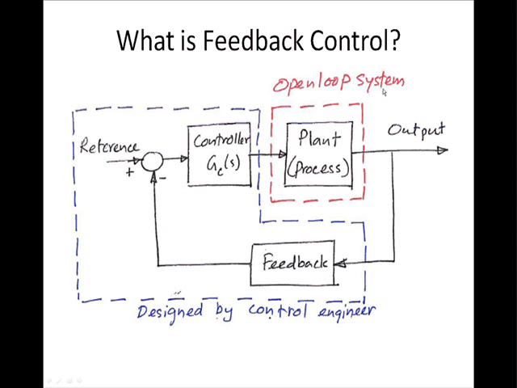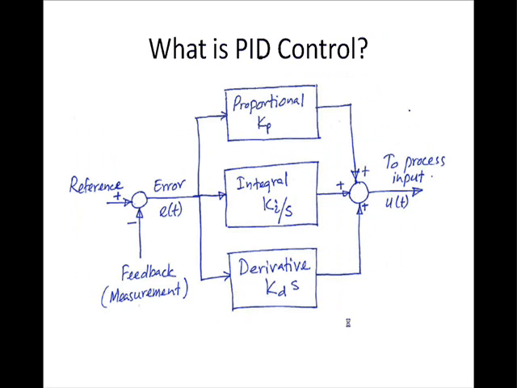What is highlighted in red is the open loop system. What is highlighted in blue is the part designed by the control engineer in the process of introducing feedback control. And then quickly, what is PID control? Now, PID control is one form of controller that you can introduce. There are various types of controllers, but PID is, I guess, the most widely used one in industry, the one which is easy to understand, and also easy to implement and easy to tune,